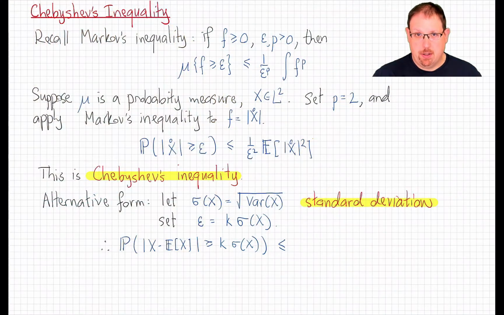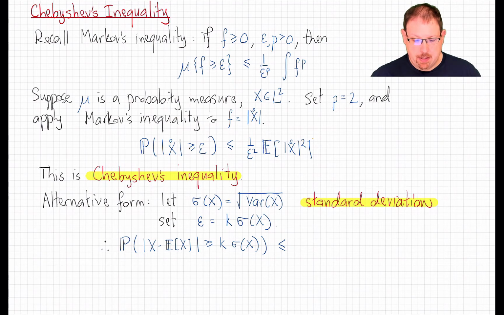Last time, we developed the basics of L2 theory, and in particular, the notions of covariance and correlation. In this lecture, we're going to use those to prove one of the first big limit theorems in probability theory, the weak law of large numbers. Before we get there, we need to revisit one of the key concentration inequalities from measure theory, Markov's inequality, which